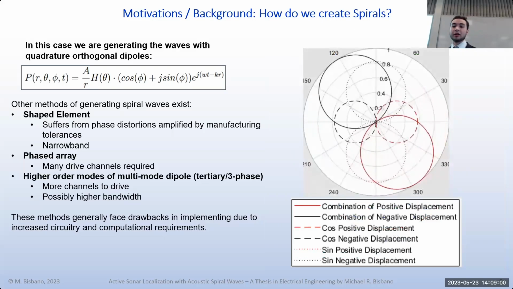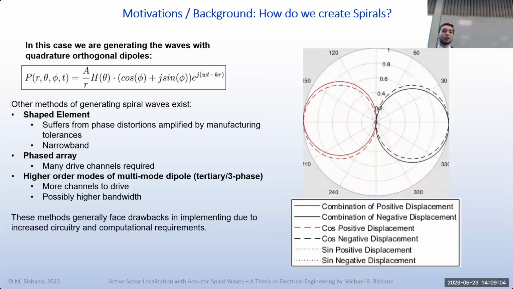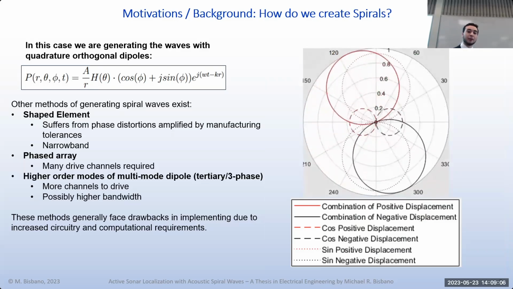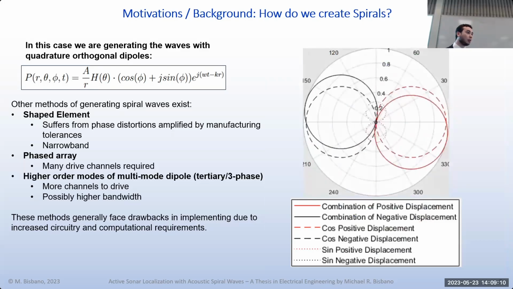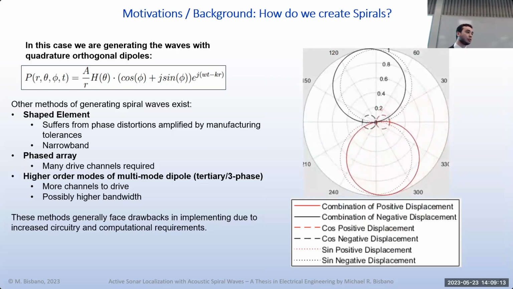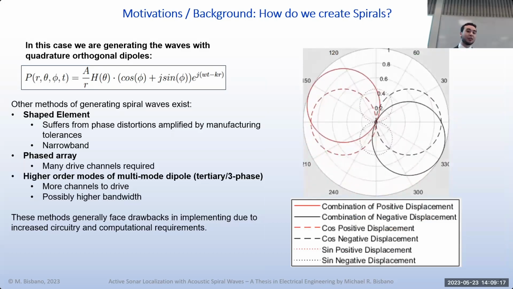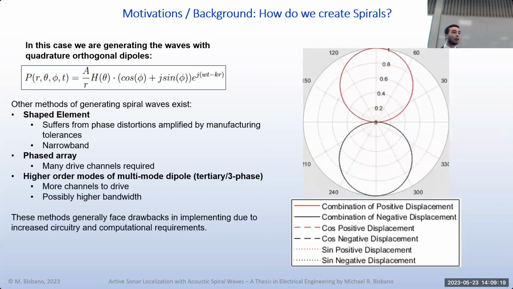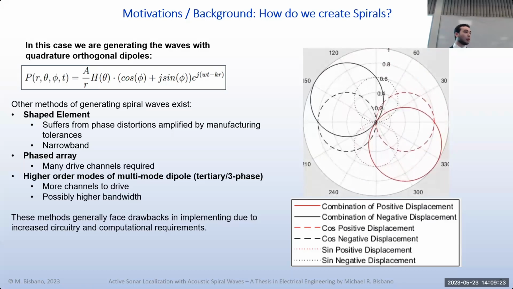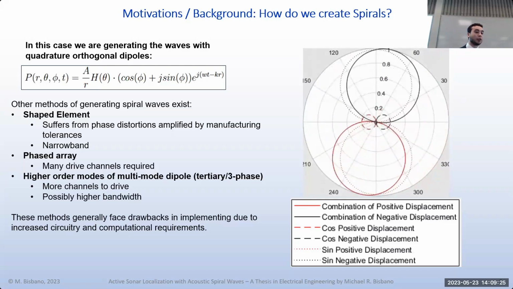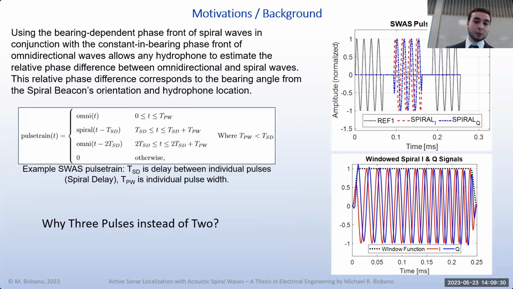Right here, this is an animation made by my colleague Avery, which shows the conjunction of the 2. The dotted and dashed lines are the cosine or quadrature channel, and then the sine in phase channel. When they're added together in time, you see the solid lines drawing a spiraling dipole, which is essentially how the spiral is made using those 2 orthogonal dipoles. But moving on with that,